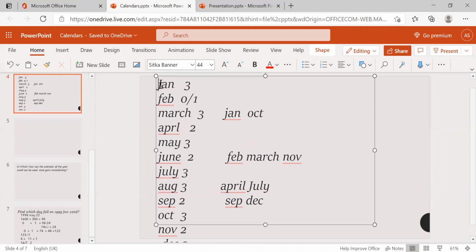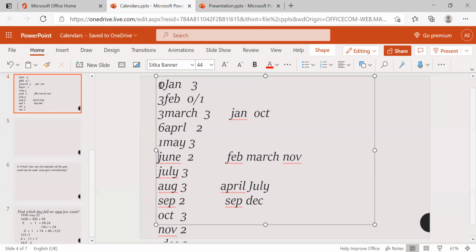So I can write the odd days for January. It's 0. And odd days for February is 3. It is also 3, and 0, 3, 3, 6, 6, 1, 6, 1. 6 plus 2, 8, and it is nothing but 4.